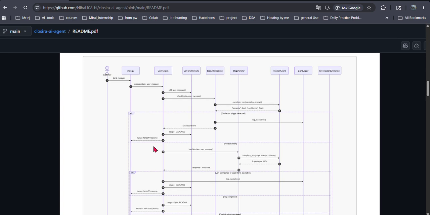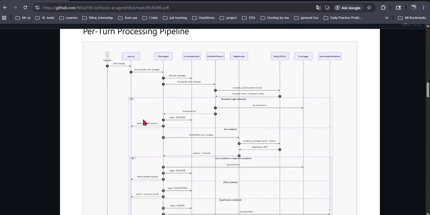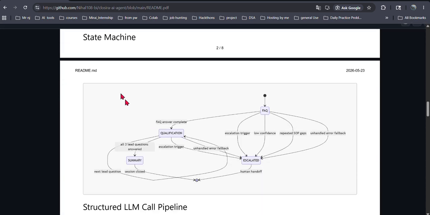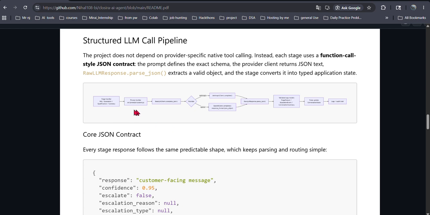And this is the process of how functions call each other. You can see here. And this is the state machine graph: simple FAQ and qualification, and then summary. If there is escalation, then human handoff. The human will hand off. And you can see this is the structure of